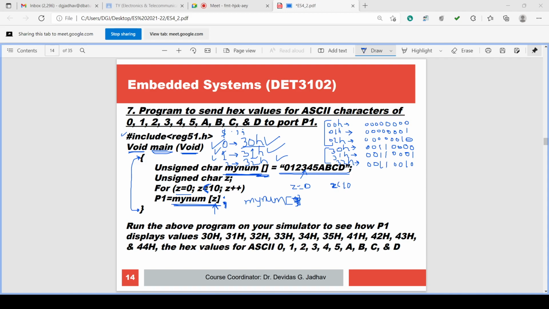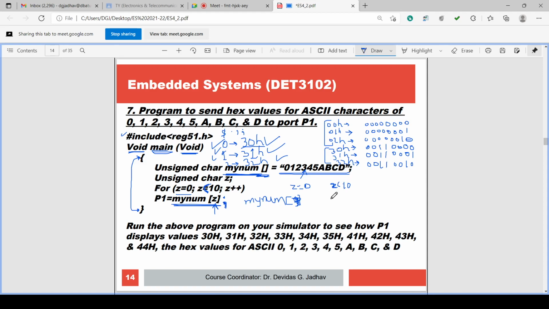That numbered element, suppose it is the first element or second element or 10th element, is considered in the equation. So this is the equation P1 equal to something. What is that something? My num into bracket z.